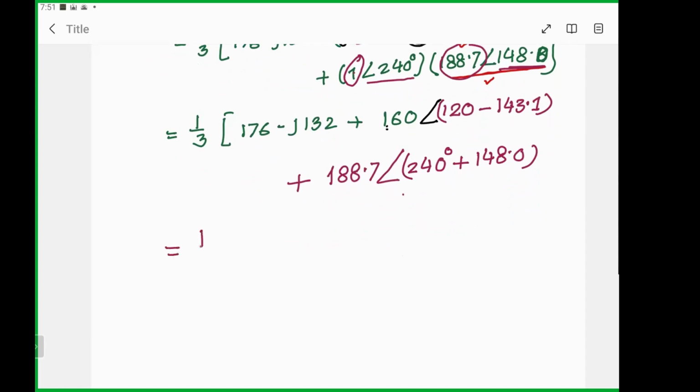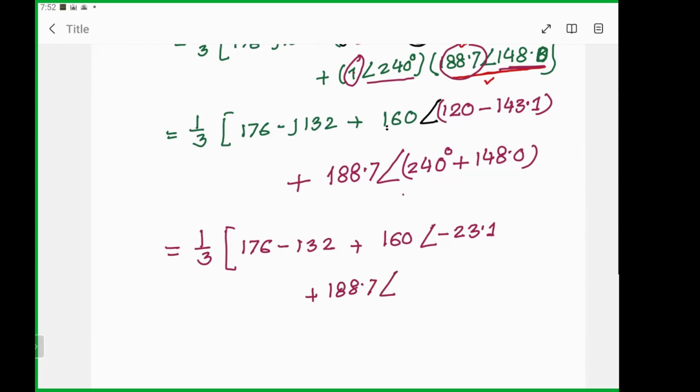So that will give me 1/3, then 176 minus 132 plus 160. Sorry, this is not angle. So then the angle is 120 minus 43, that means minus 23.1. And then this one would be 188.7, and that will be 240 plus 148. That will give me 388, right? Yeah,